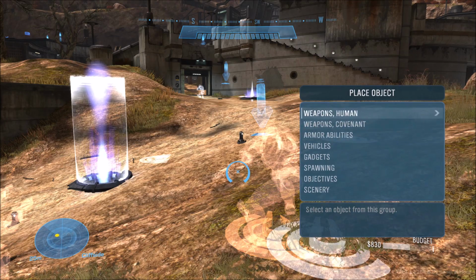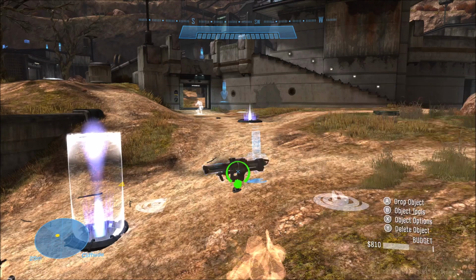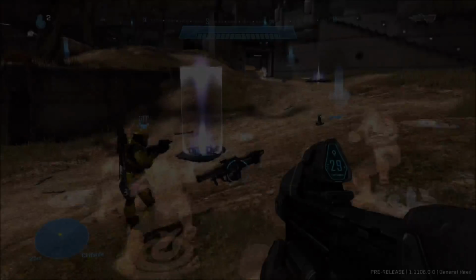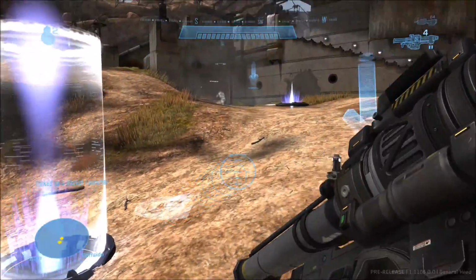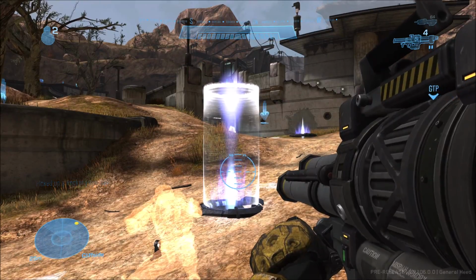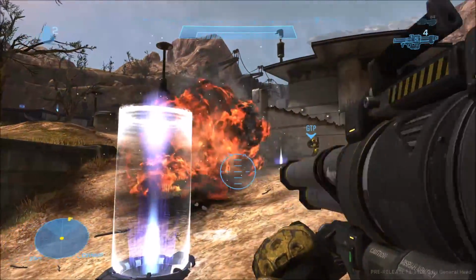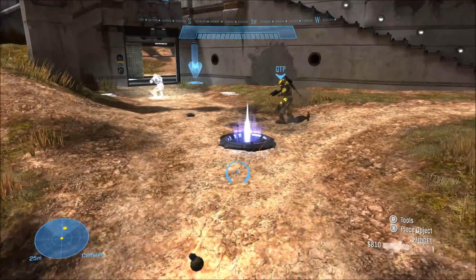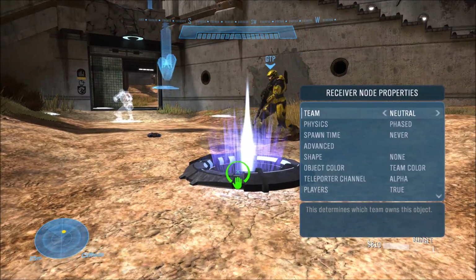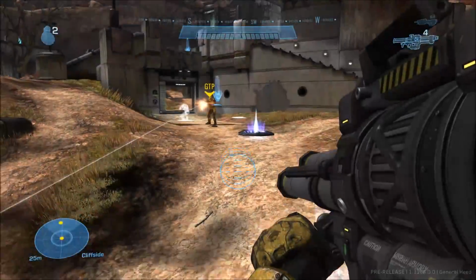So basically, all you need to do is spawn the teleporter, a sender and a receiver, and you just press X on it, go to the settings, and scroll all the way to the bottom, and that's where you'll see the setting to let projectiles go through. Now, you gotta make sure that both the sender and the receiver are set to be able to send projectiles through. Otherwise, if only one is set, the other will not work. So you just gotta make sure to set that. And then after that, when you fire anything through the teleporter,